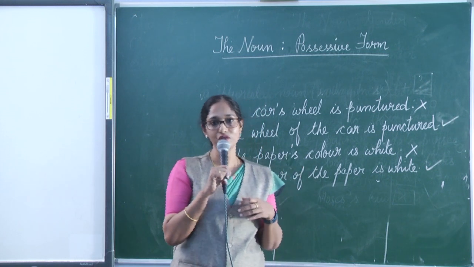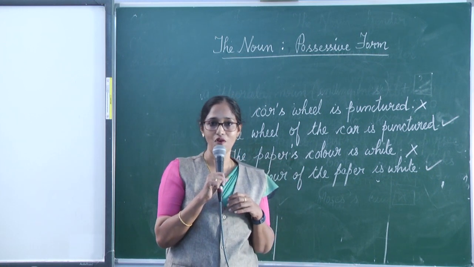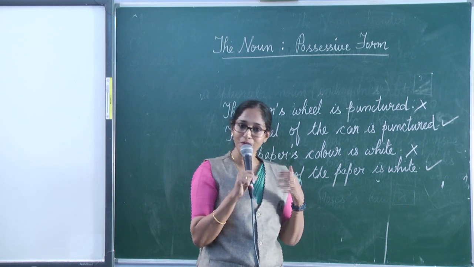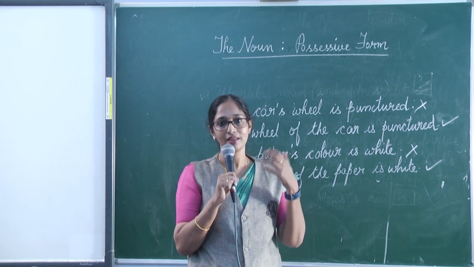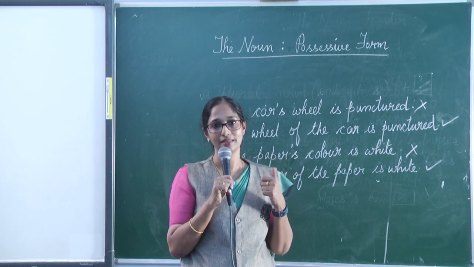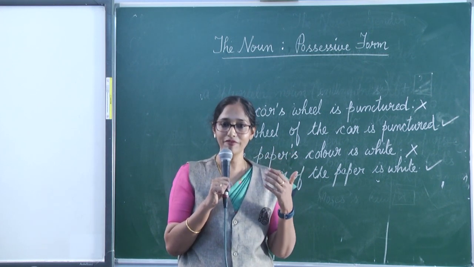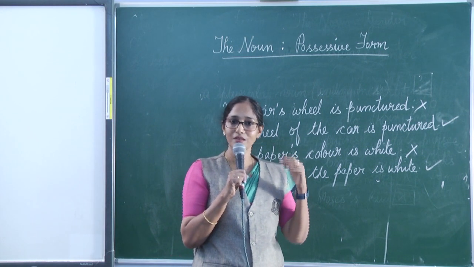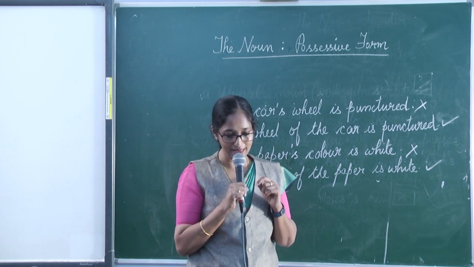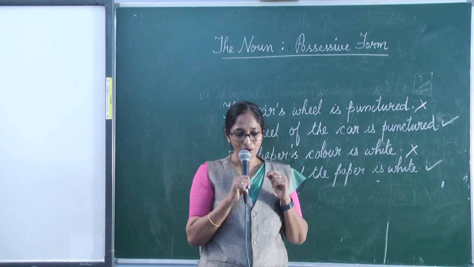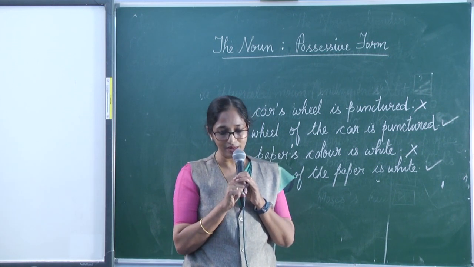And we use an apostrophe S when we make the possessive case of nouns in the singular form. And we use an apostrophe S with the nouns which are in plural and which do not end in S. There also we use an apostrophe S. And for the nouns that end in S in singular, as well as the plural forms that end in S, you are supposed to put only an apostrophe. We do not use an S there. So for plural nouns not ending in S, we use apostrophe S. So this is what we have learnt now.